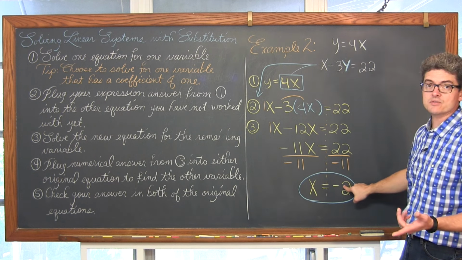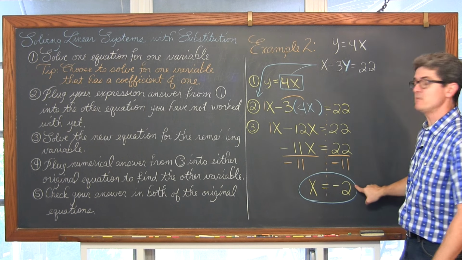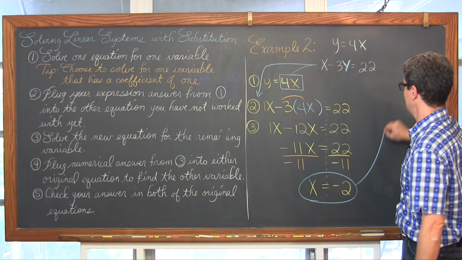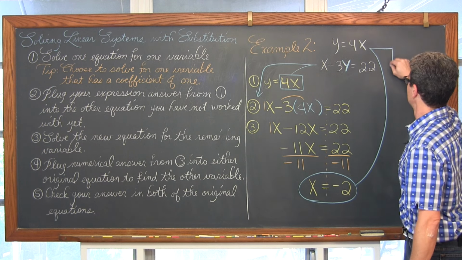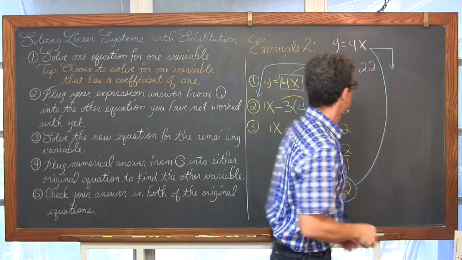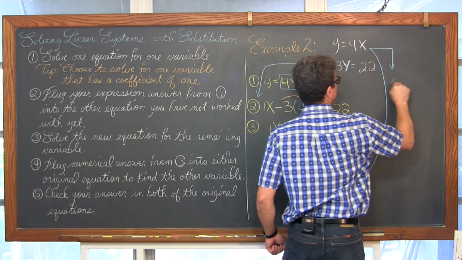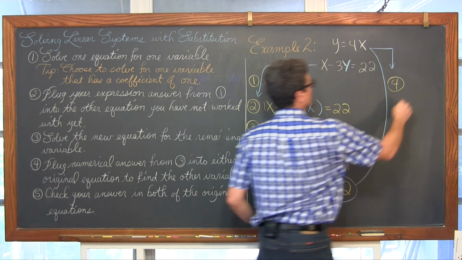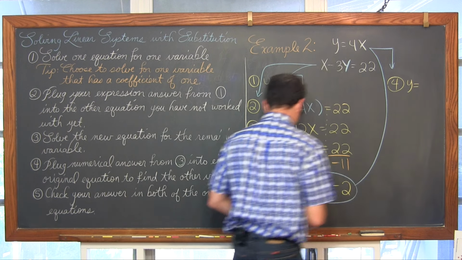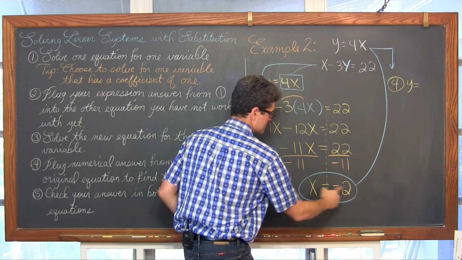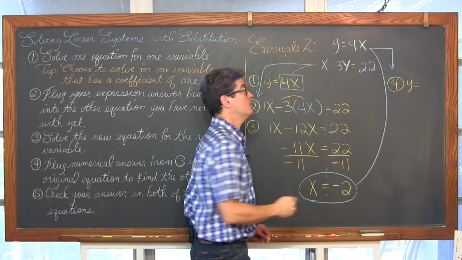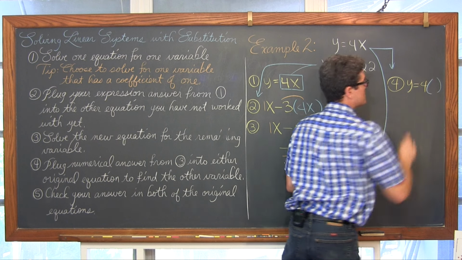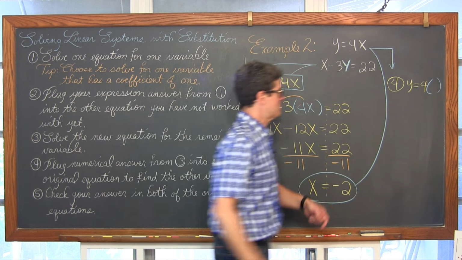This is half of the intersection point. Both of these lines are supposed to be going through the same coordinate. That's why it doesn't make any difference which one you plug it into. And it seems like the first one is the easiest. So for step 4, we've got y is equal to, this x is negative 2, so it's 4 times something, that x, which is equal to negative 2.